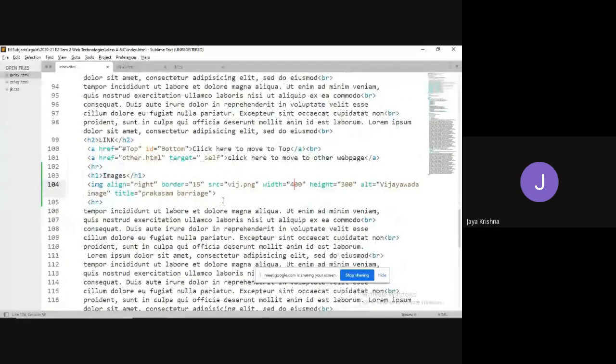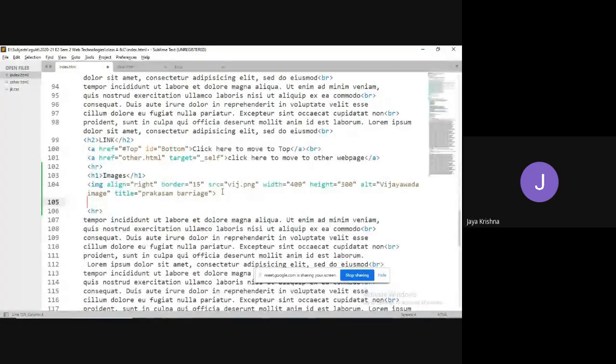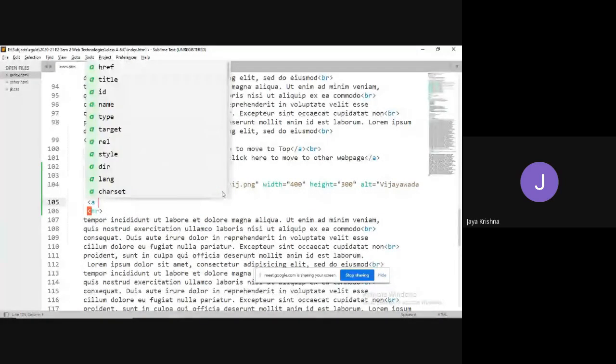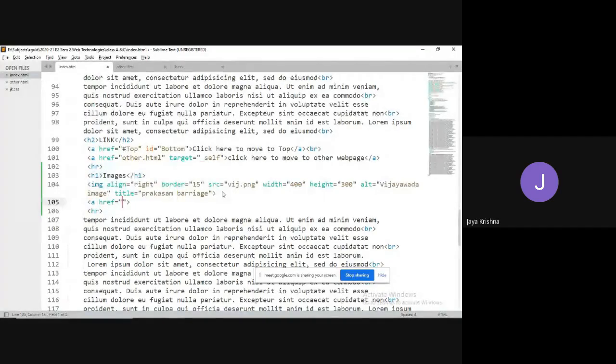Okay, can we convert this image as a link? Can we make this image as a link? Yes. So generally what we are going to do, a href equal to something like other.html we are going to define. We can define like click here to move to another HTML file. So what is my concept here? I would like to make the image as a link. How are you getting the link? Because of this data, whatever that you are writing between the anchor tags. So instead of this text, why can't we place this one?